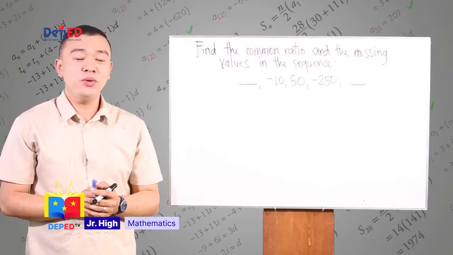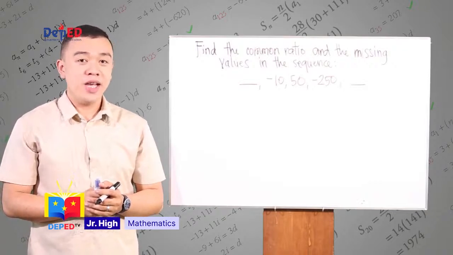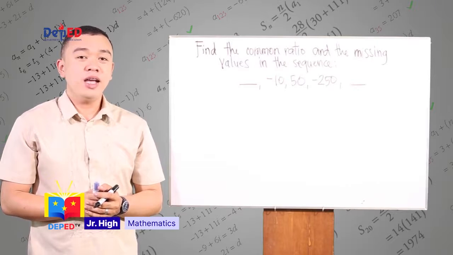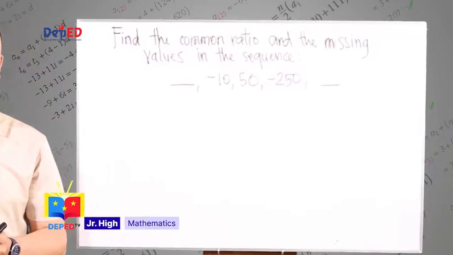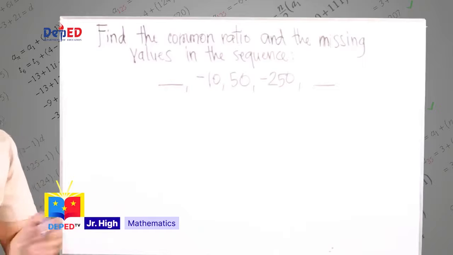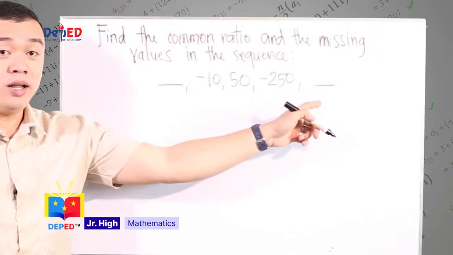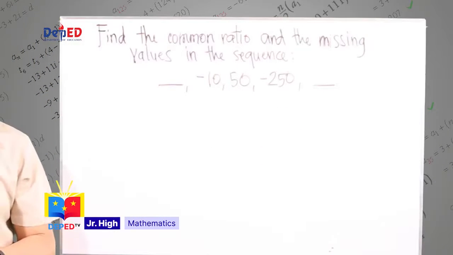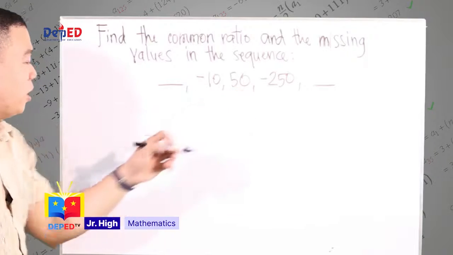Find the common ratio and the missing values in the sequence blank, -10, 50, -250, blank. As you can notice, we don't have the first term, or a sub 1, and the last term, or a sub 5. First thing we need to do is to look for the common ratio r, using the given values from our sequence. In this case, we will use the third term, a sub 3,